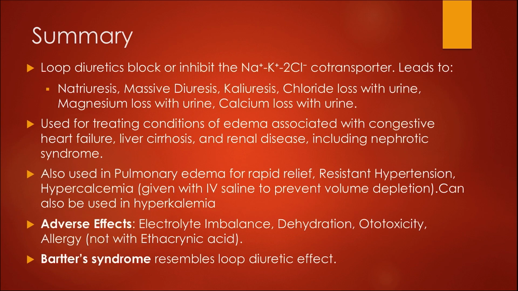So let's summarize what we have studied up till now. Loop diuretics, how they work: they act on the thick ascending limb of the loop of Henle by inhibiting the sodium potassium 2 chloride cotransporter. They lead to natriuresis, massive diuresis, kaliuresis, chloride loss with urine, magnesium loss with urine, and calcium loss with urine. They are used to treat conditions